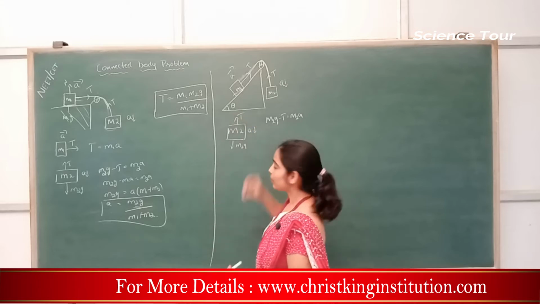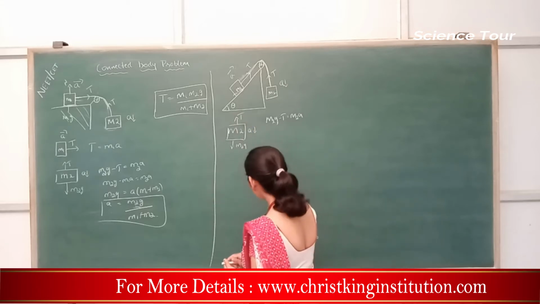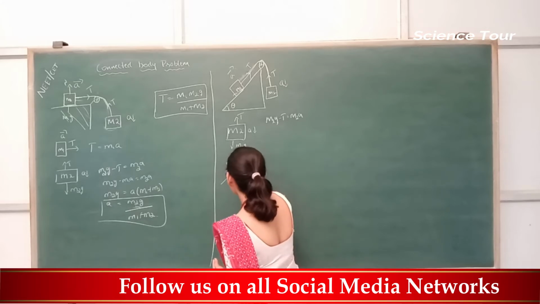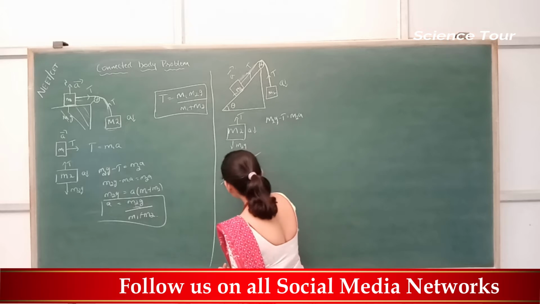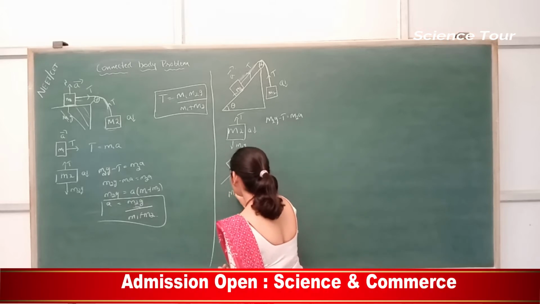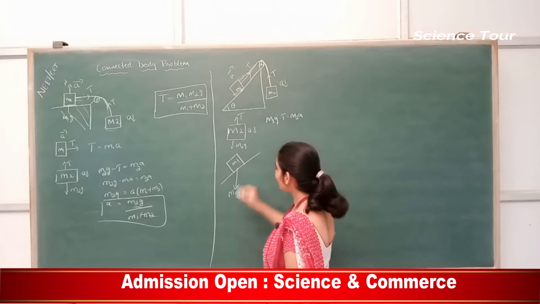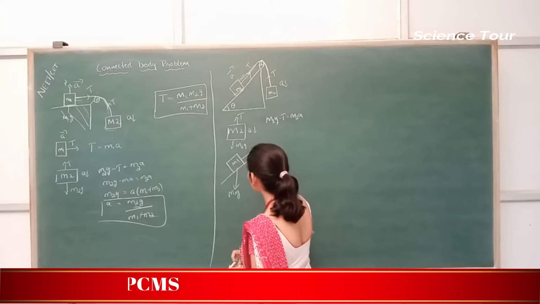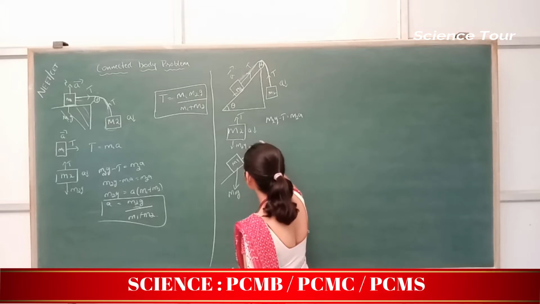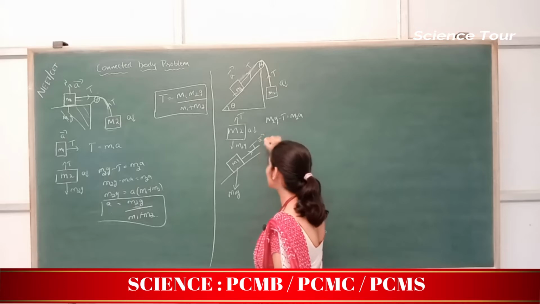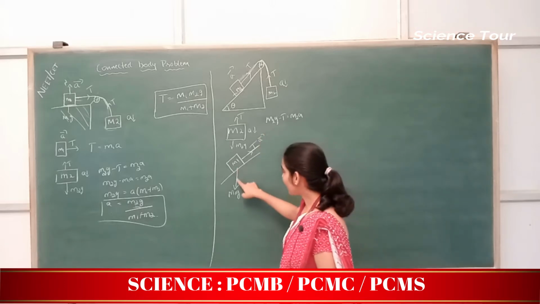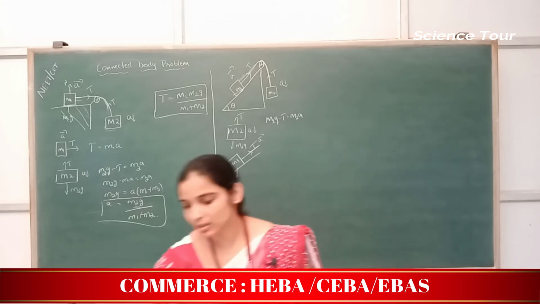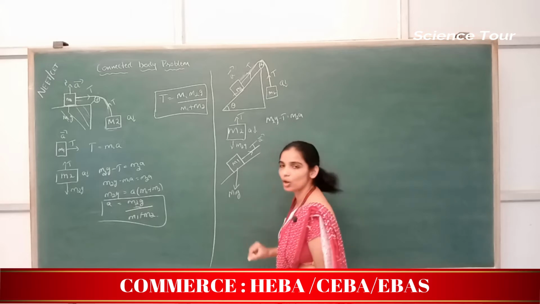Well, what about m1? See, this is your inclined surface and here is your m1. So then this will be your weight, correct? m1 into g. One of the forces acting on m1 is tension. In this direction, tension is acting. Acceleration is towards tension, so tension is greater. But the weight of m1 is not nullified here because weight is acting this way. This weight can be resolved. How will you resolve this weight?